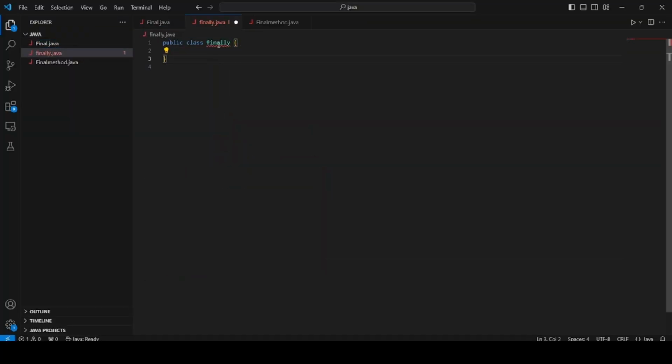As I already told, finally is a keyword in exception handling, where either the try block or the catch block is executed. Finally is always executed. There are only two cases where finally is not executed: either System.exit is called or